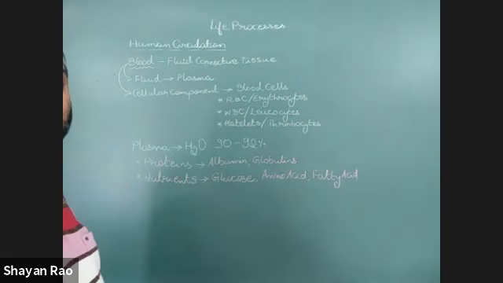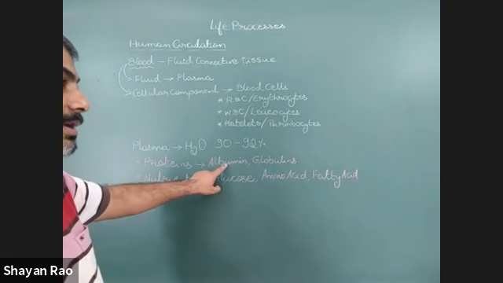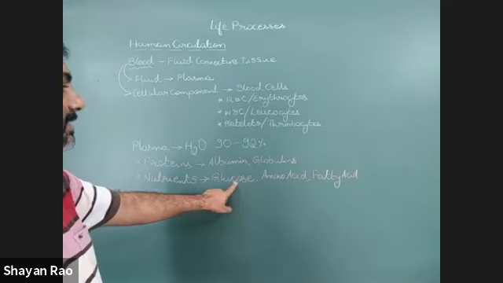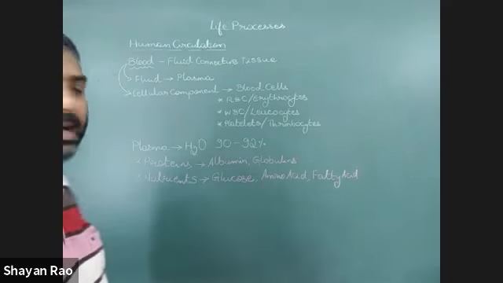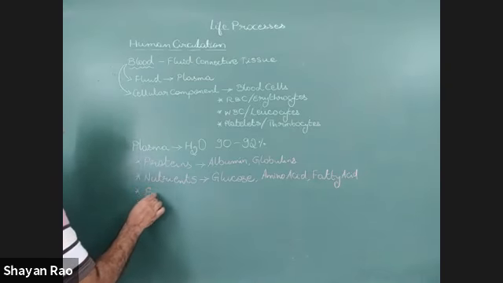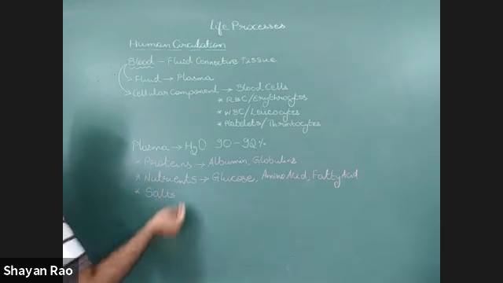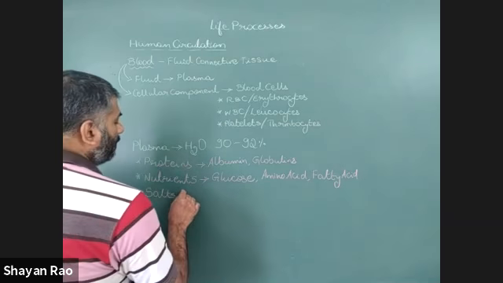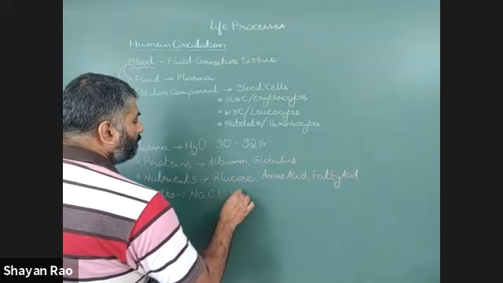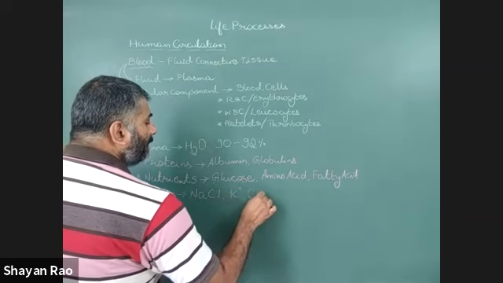So plasma mainly contains proteins dissolved in it, and also nutrients consisting of glucose, amino acids, and fatty acids, as well as salts, mainly sodium chloride, potassium ions, calcium